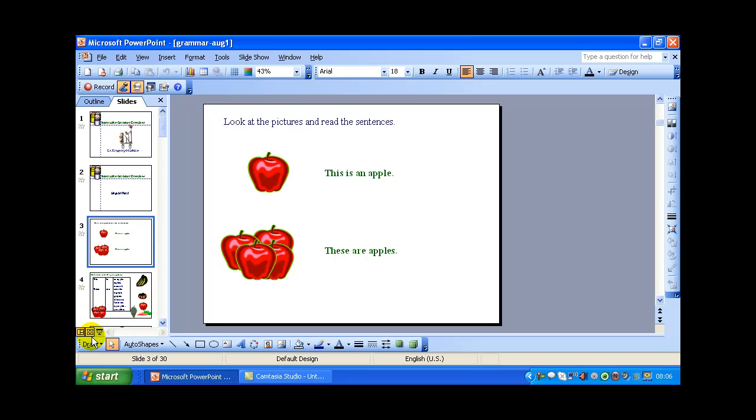At the bottom here you can see Draw, AutoShapes, the lines and squares and all the shapes that you can have. This is the clip art option where you can insert clip art. If you click on that, you will get the clip art that is stored in this Microsoft PowerPoint. Then insert picture, I can select from my desktop. So I download the relevant pictures from free image sites and insert them here. And these are the text and other formattings.